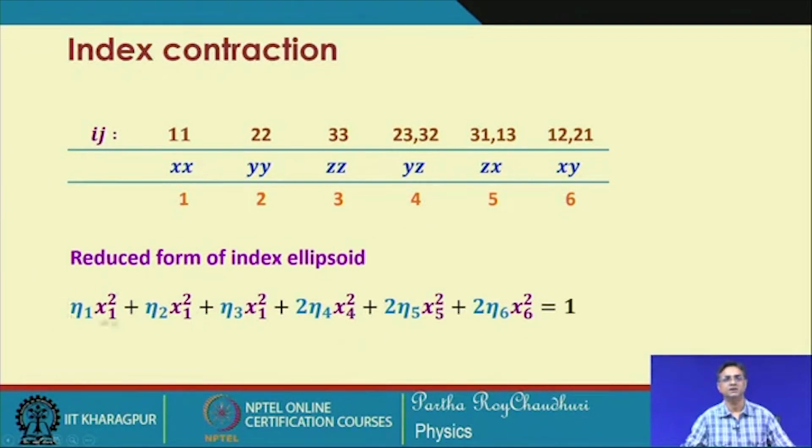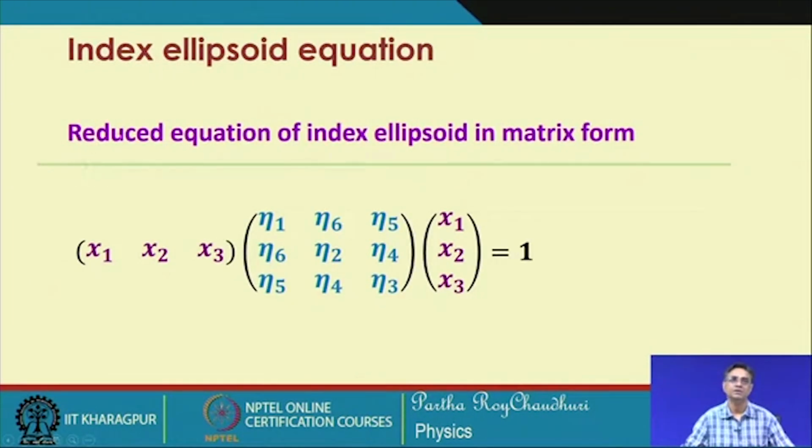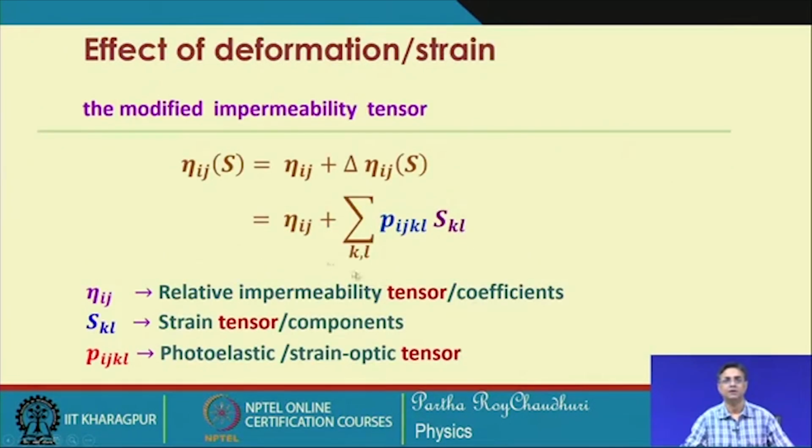So, using this, we can write the index ellipsoid equation in the compact form with the contracted index: eta 1 x1 squared, eta 2 x2 squared, and so on, equal to 1. This reduced equation takes this form because now we are using x1, x2, x3 in place of x y z, and it becomes eta 1, eta 2, eta 3, which is again very straightforward and very simple algebra to understand. Now,